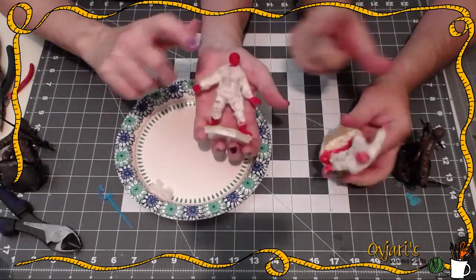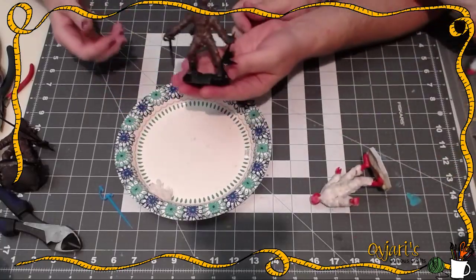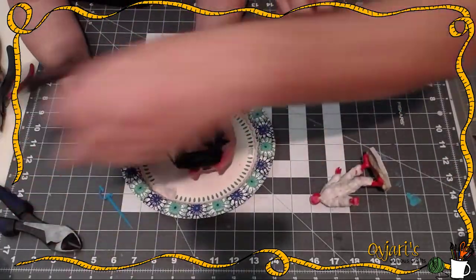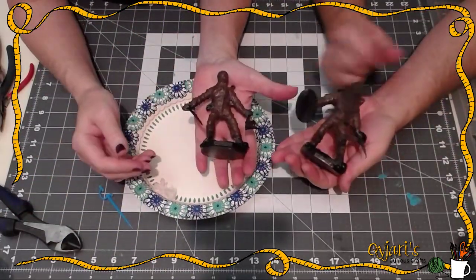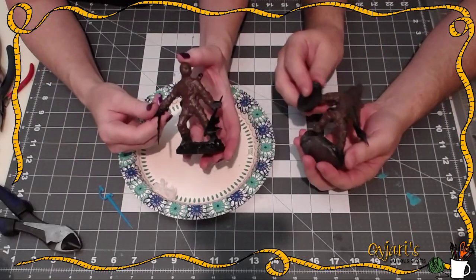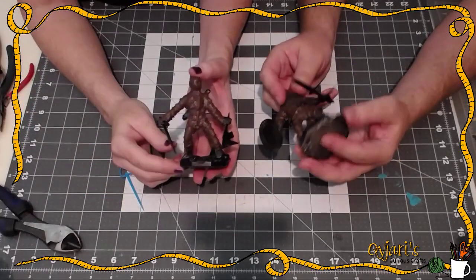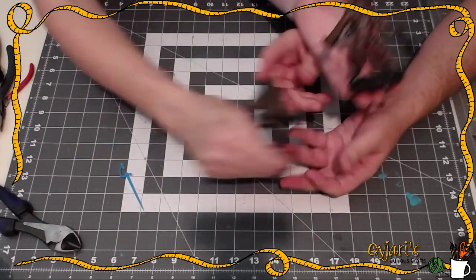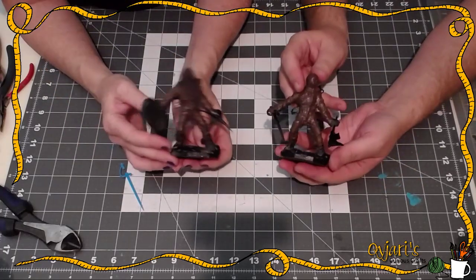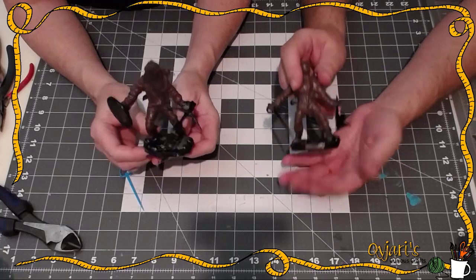Ta-da! But these already have things attached to them. Why did you do that? Because I wanted to glue weapons on beforehand to have them ready for the next stage. So after I spray painted them black, then I just painted the whole body brown. And then for the face...